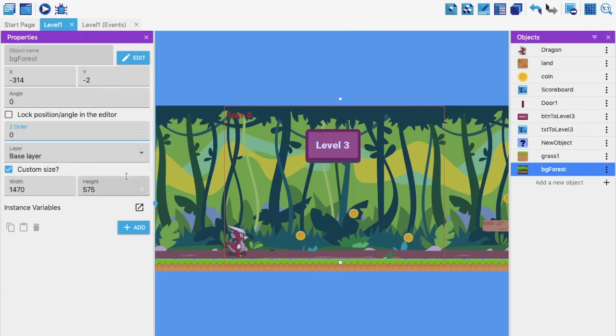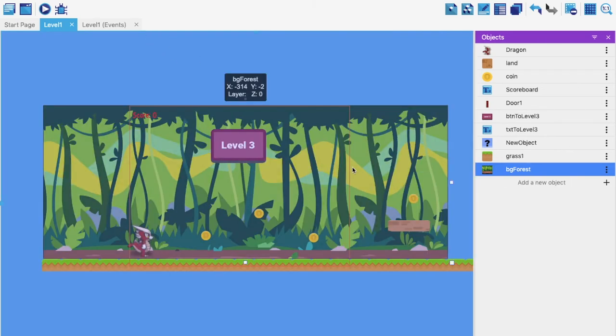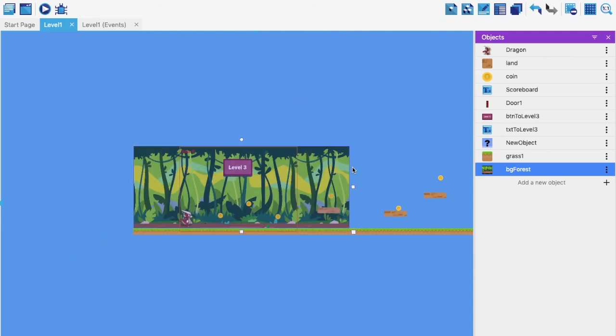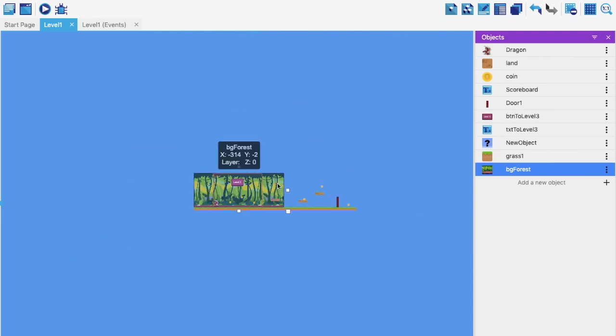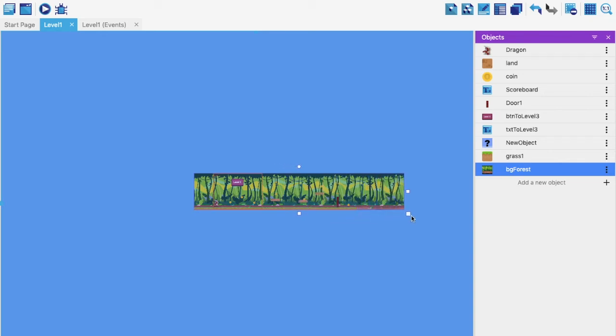Also very important, since we are doing a parallax effect with this as well, we need to understand that we have made two layers. Layer 1 has the score and the button, right? We don't want the background to remain fixed like the scoreboard and the button. We want it to move along with the character. So keep it on the base layer. Do not change this, okay? Then you can close this properties panel, and I'm going to press command minus just to see a larger area like this, and I can drag it till wherever I want.